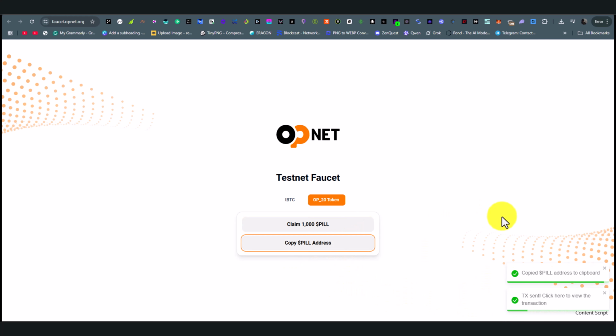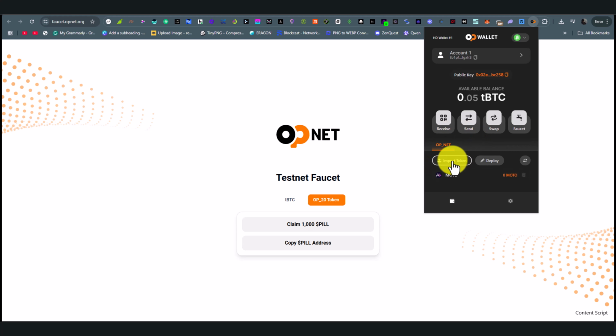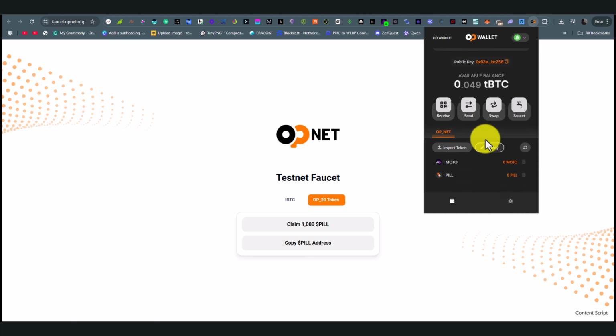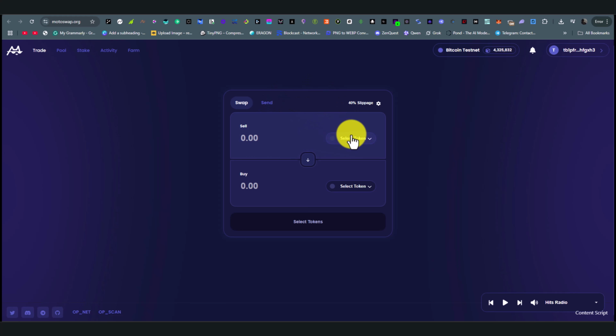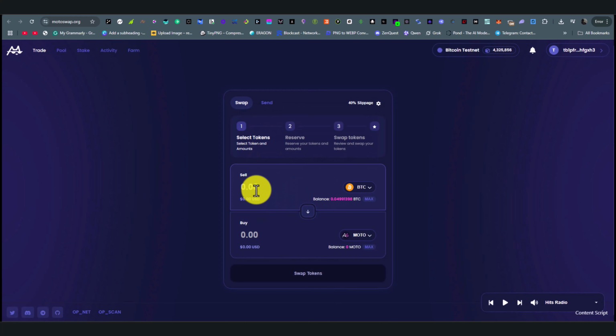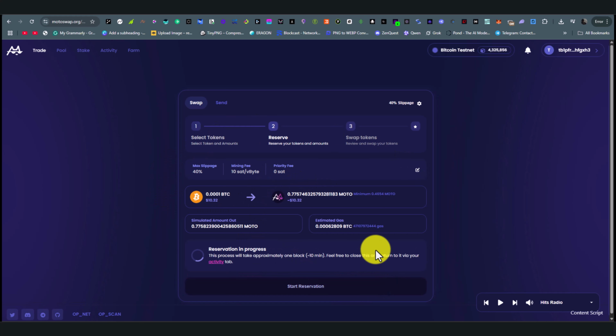Copy this address. Now open your OP wallet, then click import token, then paste the wallet address and click next. As you can see, the PL token is added to the wallet. Now back to the MotoSwap website, and here select Bitcoin, and here select Moto, then input any lowest amount of BTC, click swap tokens, then click start reservation,